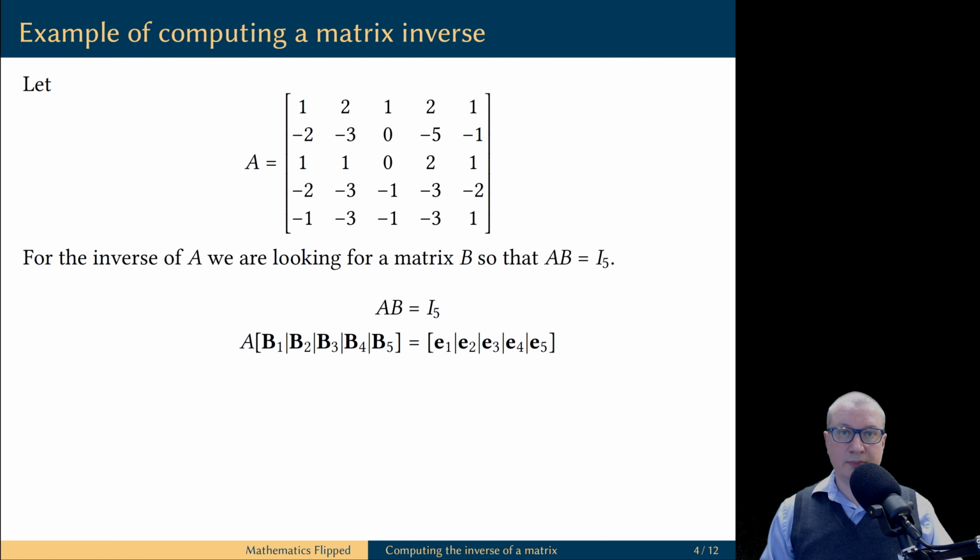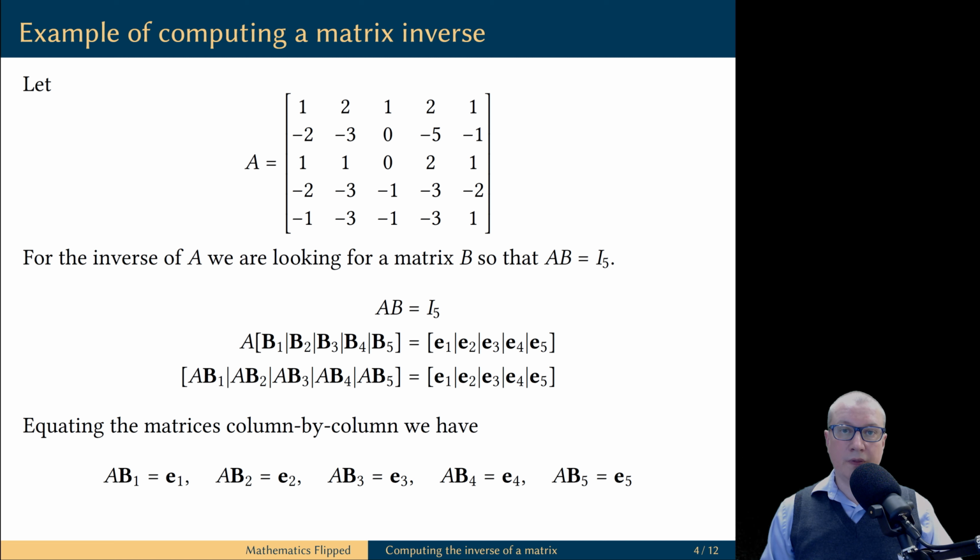We are going to represent matrix B by its columns, and we call the columns of the matrix B B1, B2 up to B5. And we also represent the identity matrix by its columns, and we already know that the columns of the identity matrix are the standard unit vectors. To compute the matrix product of the matrix A with the matrix B, we recall the definition of this product. The columns of the product matrix are matrix vector products, where the matrix is the first matrix A, and the column vectors are the columns of the matrix B.